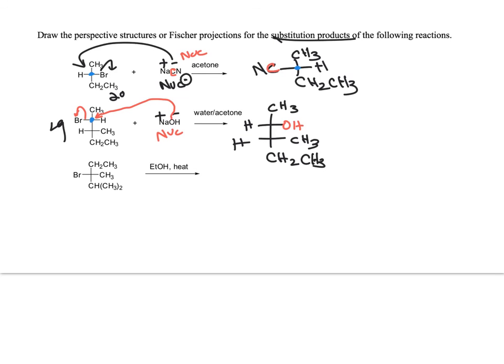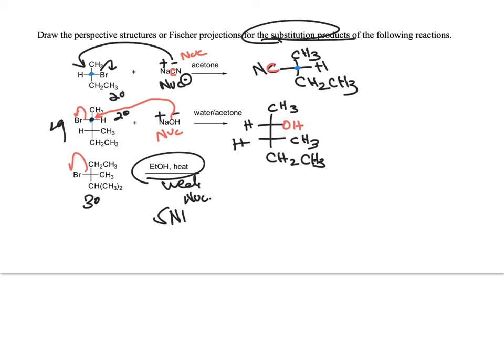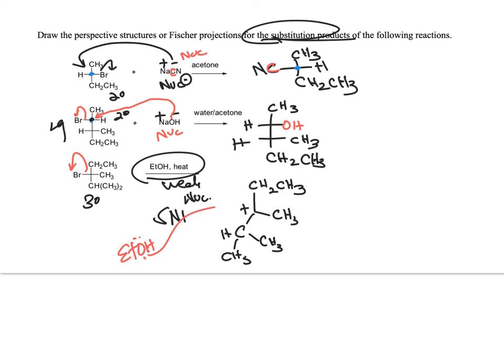And the next one you have, oh, by the way, this is a secondary alkyl halide. Here we have a tertiary alkyl halide. We have a weak nucleophile. So these are substitution products. So I'm going to do an SN1. This is going to stabilize a carbocation. So the bromine's going to leave, and you're going to get loss of stereochemistry here. And then the ethanol can come in either side. So you need to draw both